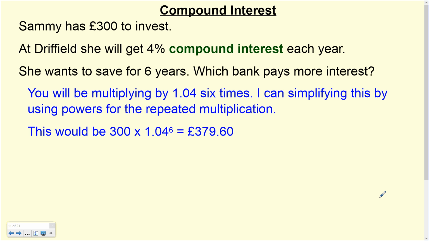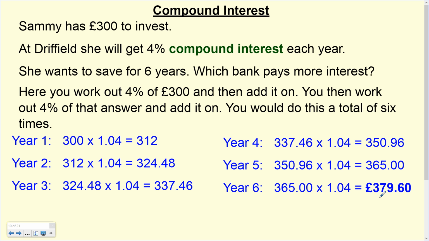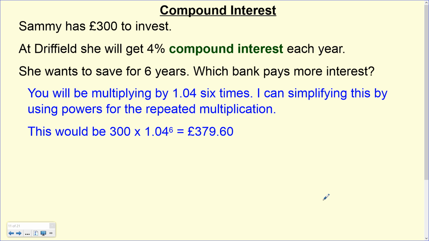Now, just to keep on at Driffield with the compound interest, you saw there I multiplied by 1.04 6 times. I can simplify that by using powers for the repeated multiplication. So instead of doing 300 times 1.04, getting the answer, times 1.04, getting the answer, times by 1.04, I'm just going to do 300 times 1.04 to the power of 6. You can see that gets me that same answer,